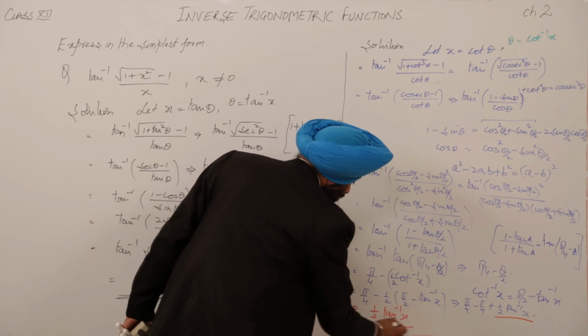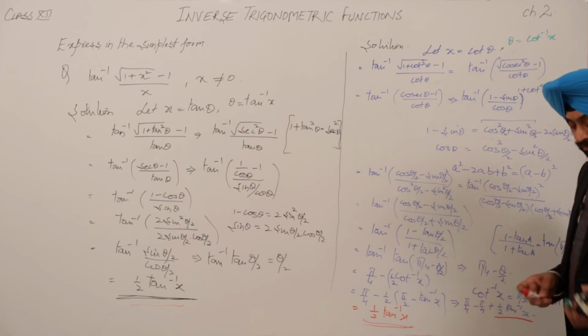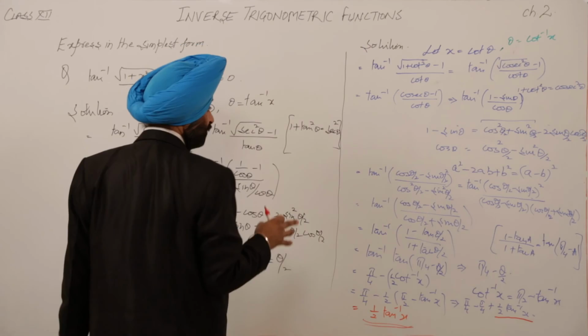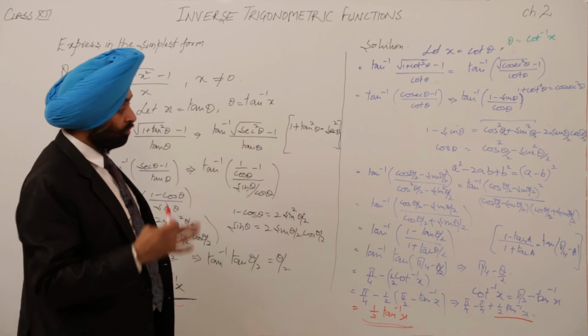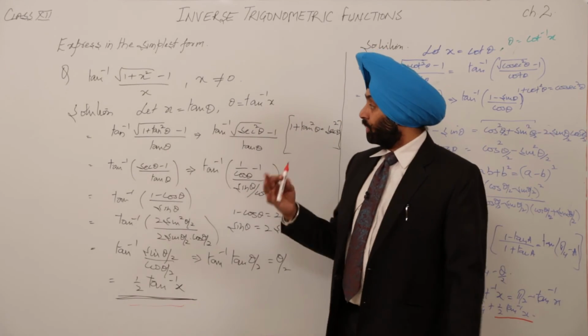Now check it, this answer and this answer, both are the same answer. Now you can compare yourself what we have done, which was the simplest form, how many types of formulas we have used for this, and now we are going to solve